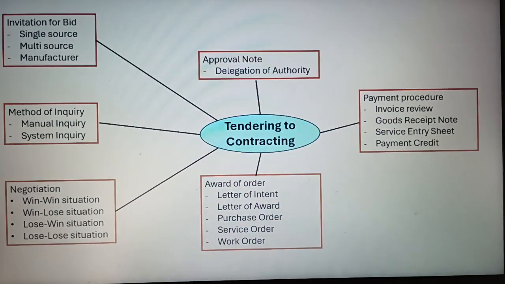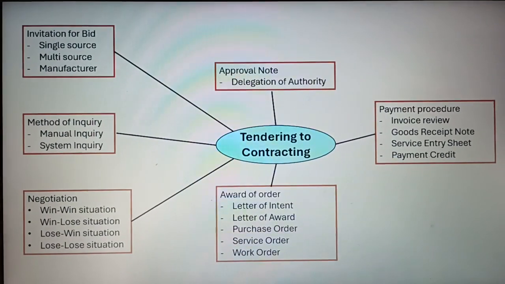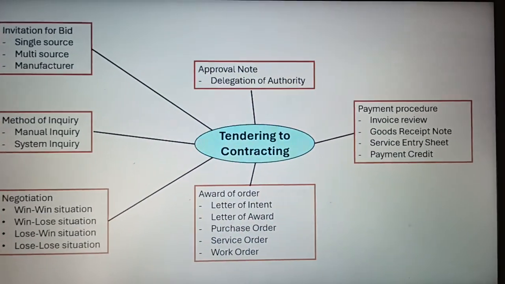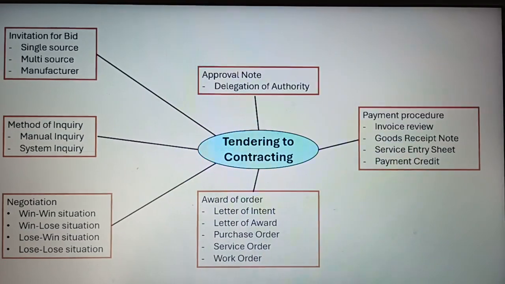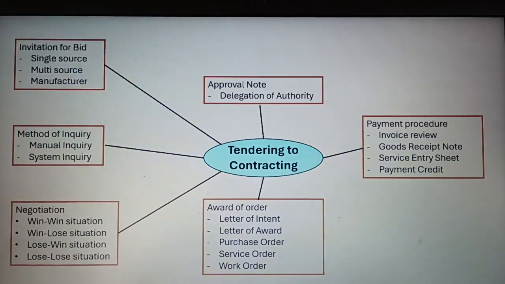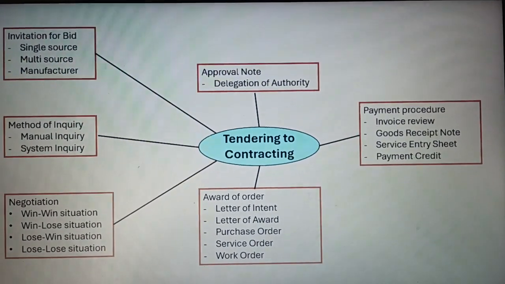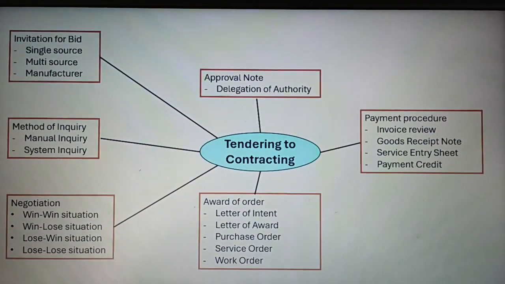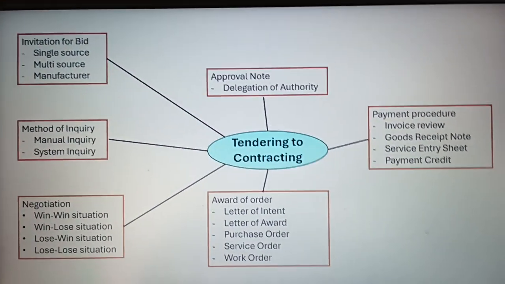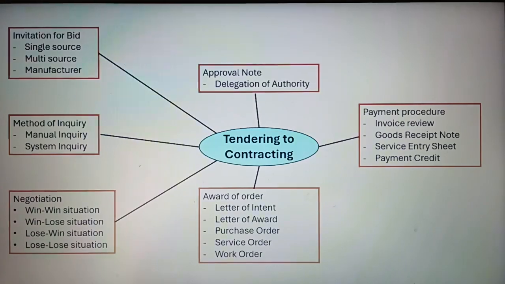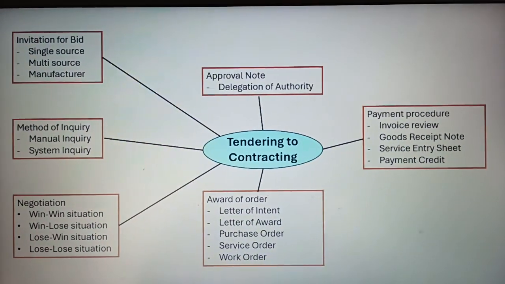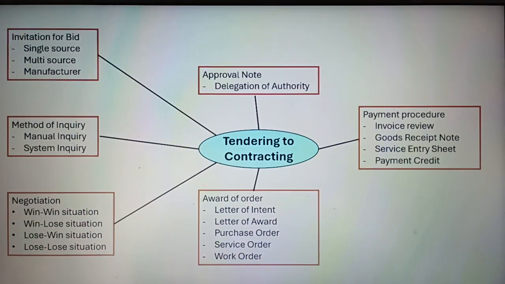So it is the payment procedure. Finally, every contractor or seller or bidder works for their payment, and it is a right thing. There is no issue about that. So what is the payment procedure? First we talk about material. If we receive any supply or material into our premises, and after our inspection,